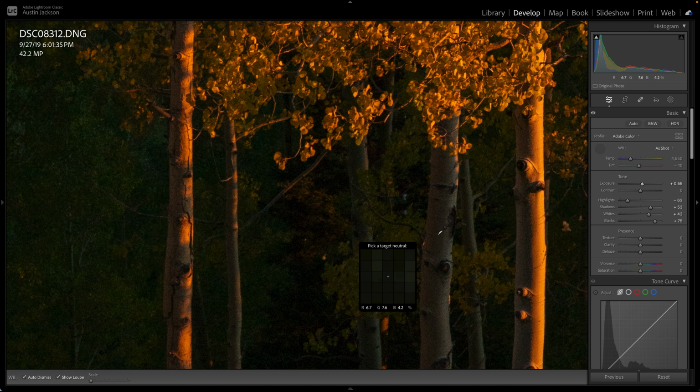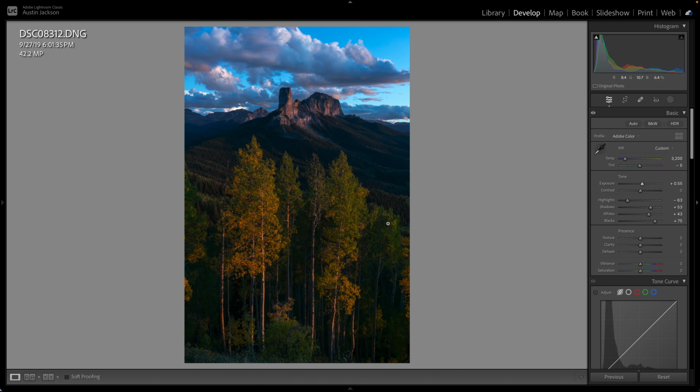Now, the tree, where it's catching sunlight, would not be a neutral color. It's going to be warm, but where it's in the shadow, I know these aspen trees are pretty much whitish gray, so it should be pretty neutral. I can click here and that's going to adjust the temperature of my image. You can see it's done a nice job down here in the foreground, but in the sky, it's a little bit too cool. So I'm actually going to add a little bit of this warmth back,